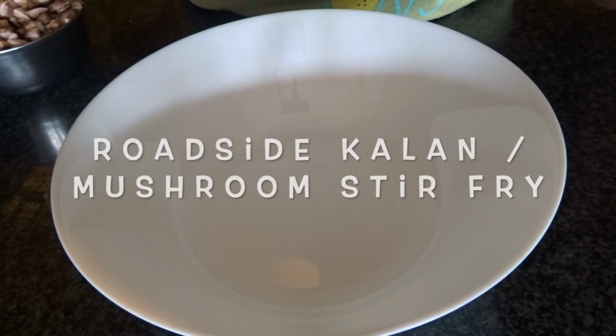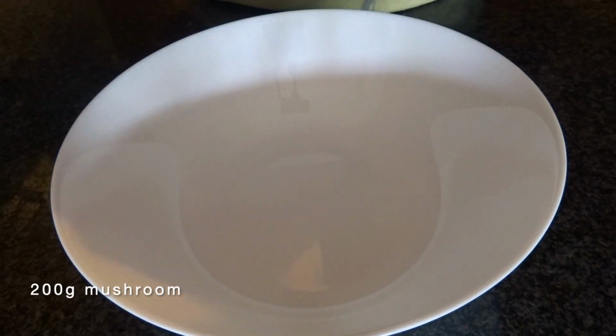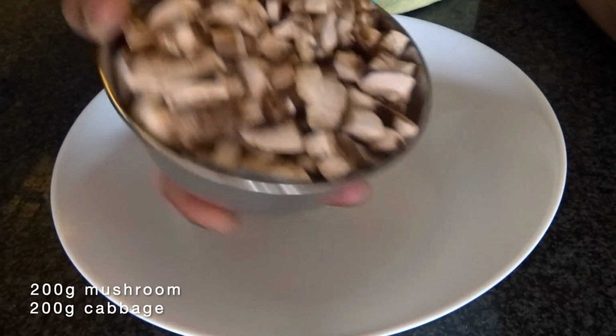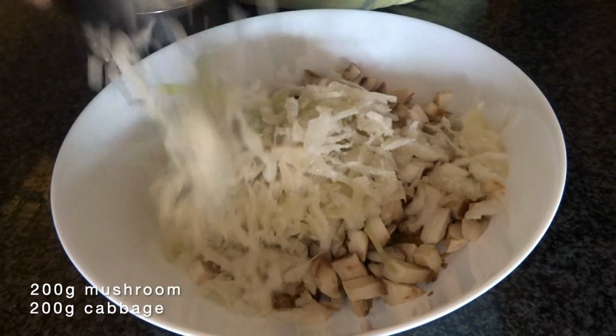Hi friends, now I'll show you how to cook roadside mushroom. Required ingredients: 1 cup of mushroom, 1 cup of cabbage,